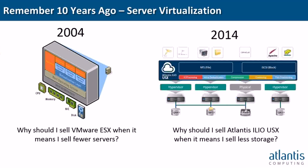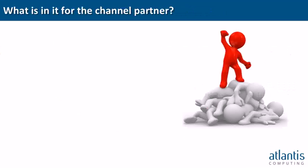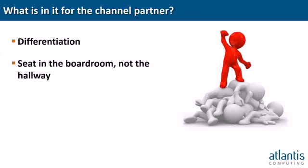So the opportunity to do all those same things, sell increased services, additional products, be very strategic with your customers as they build out their data centers is there. And that provides a lot of benefits from a channel partner, from a reseller point of view. It provides differentiation. Now you're not selling another 10 terabytes or so of storage. You're actually getting in and helping to define as a strategic partner with a customer, selling higher, getting into more opportunities, and being able to really get a seat in the boardroom